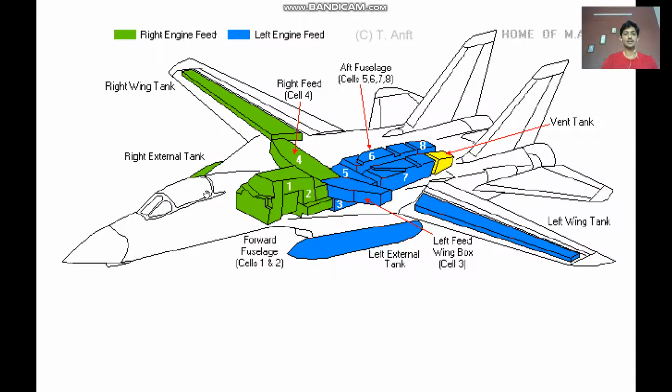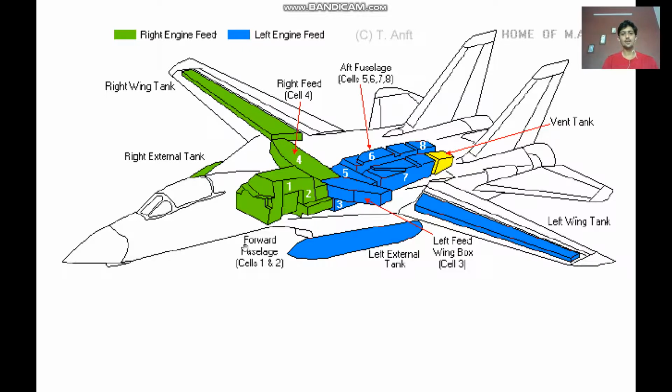Now if it is a fighter aircraft, then having fuel tanks on the right side wing, the left side wing, or a central wing is sometimes not sufficient, because the mission of that particular aircraft is different from a commercial aircraft. It is not supposed to just fly; sometimes it has to accelerate very quickly, sometimes it has to decelerate, sometimes it has to do additional missions and also carry weapon systems as well.